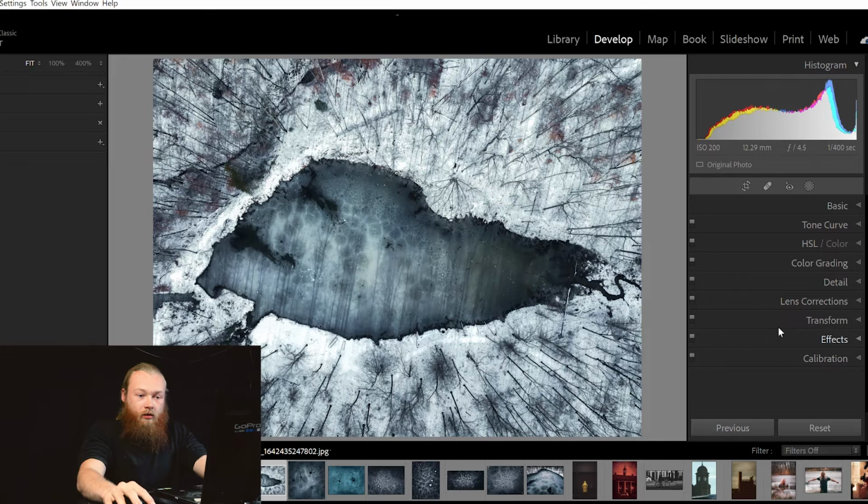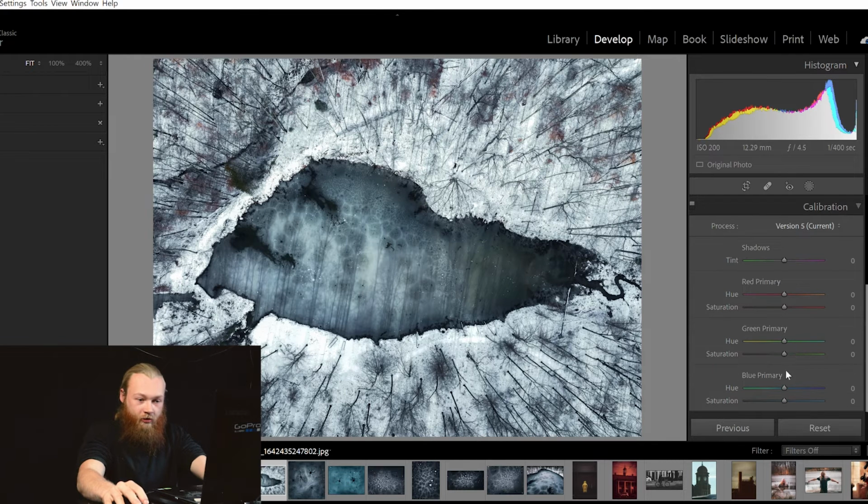Let's close that. Come down here to calibration. Now this is where I'm going to really push in some more of those deeper, darker, almost purpley blues. I'm just going to keep messing with these blues to get them where I want them. I want to introduce a little bit of green into the shadows. And all we're really doing here is we're mixing different colors to get the individual exact shade of blues that